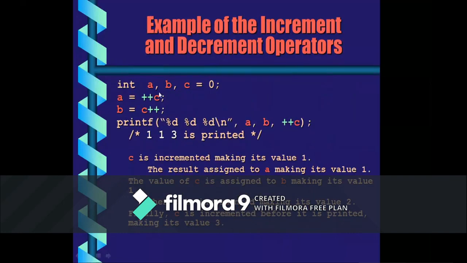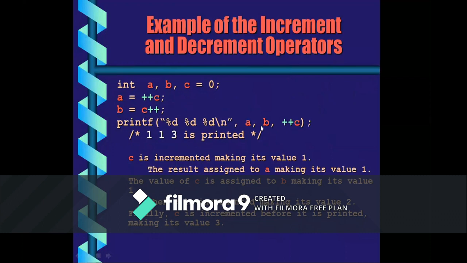If you're taking this program, A, B, C is equal to 0. So all the three variables take the value of 0. So I'm taking A and B is equal to plus plus C. This is a pre-increment operator. This is the post-increment operator. Pre-increment means the value will be incremented before assigning. So C value is 0, but pre-increment will take C is equal to 1. So A value is 1 now. And after this point, your C value will become 2. After this, it will become 1 that I'm assigning to B. So again, it will be 1 and 1.